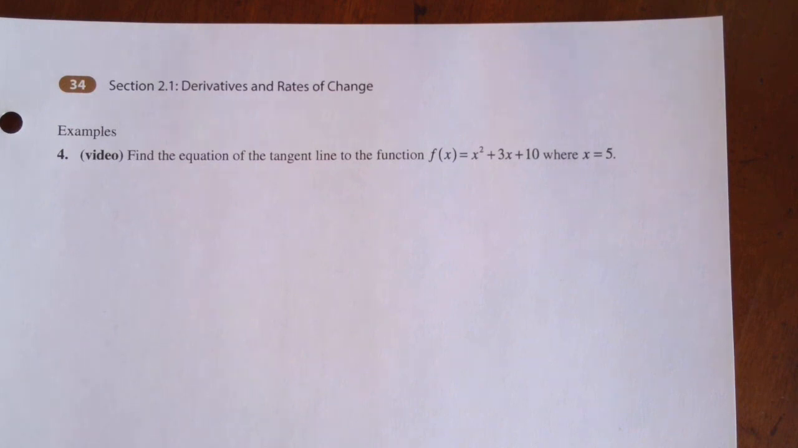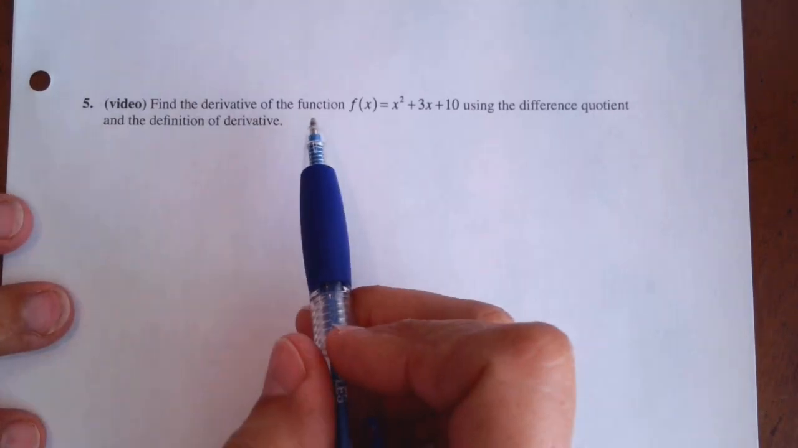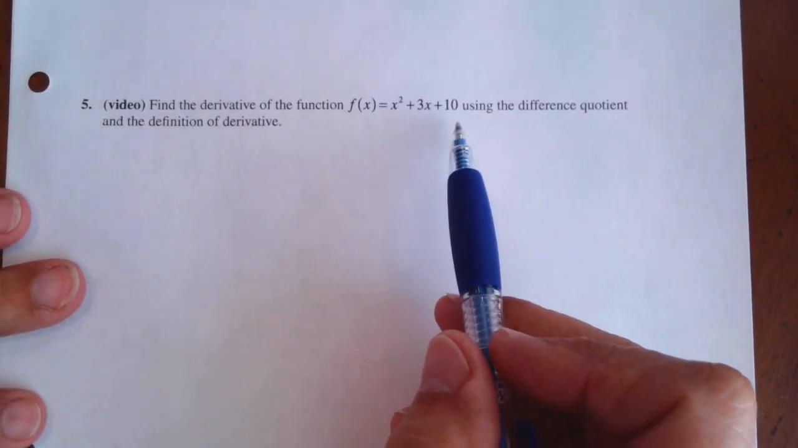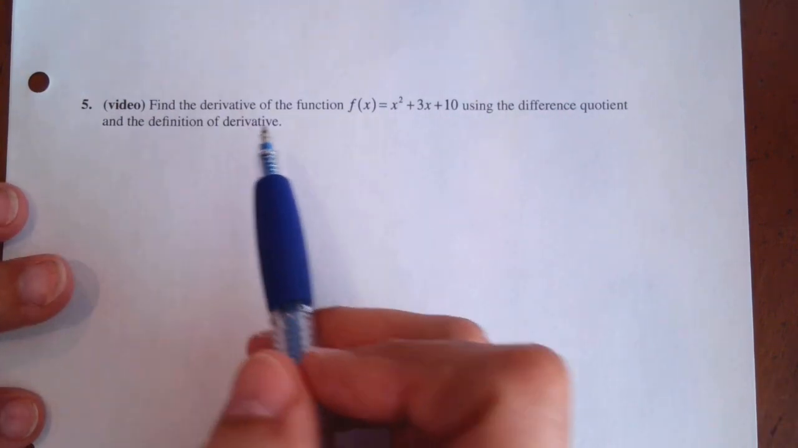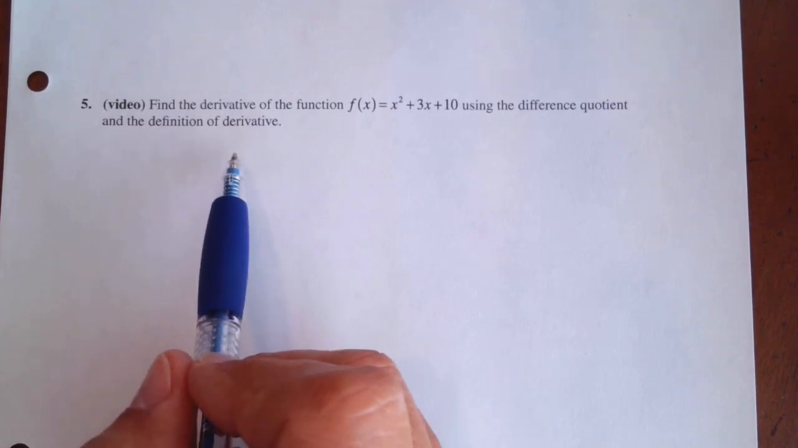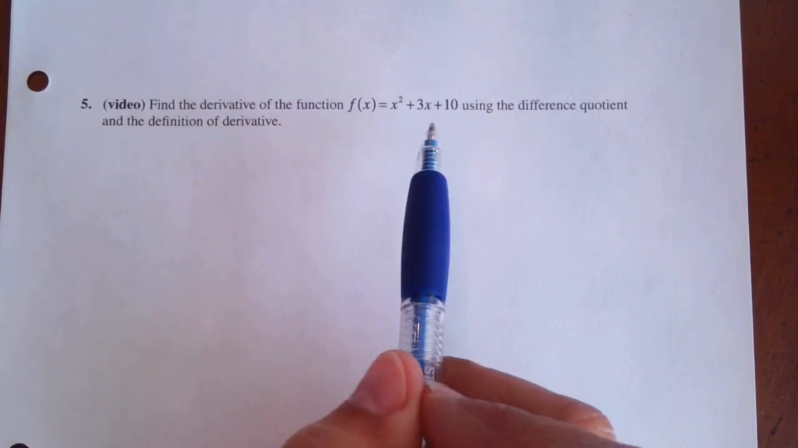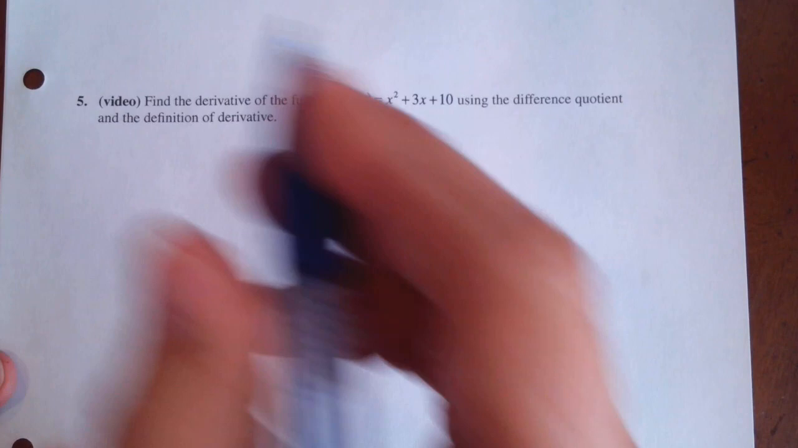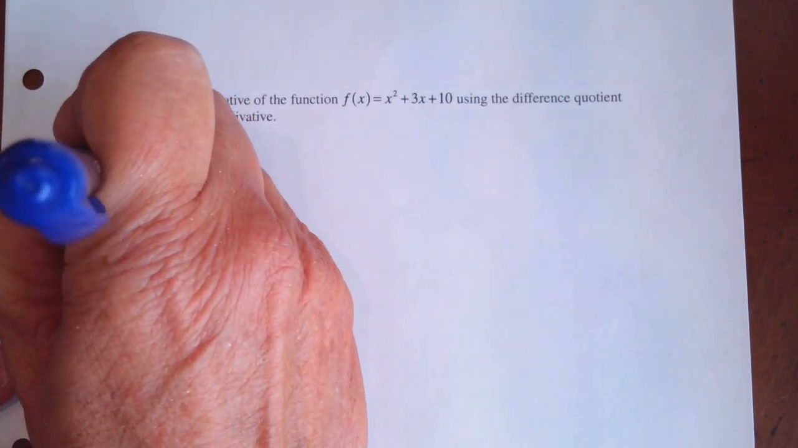All right, so Dr. Taylor did number 4 with you, so I'm going to do number 5 with you. Now, we're going to do this both ways, because this says, find the derivative of the function f of x equals x squared plus 3x plus 10 using the difference quotient and the definition of derivative. Okay? All right, so I take that back. This is finding the derivative of a function. So we only have one way, okay? Only one way. So we're going to use the limit as h goes to 0,